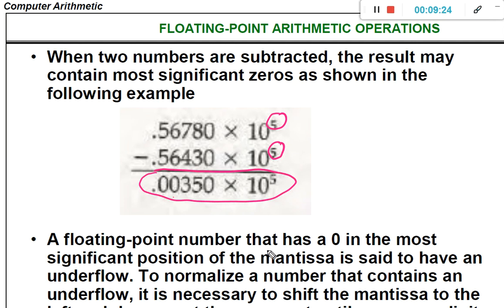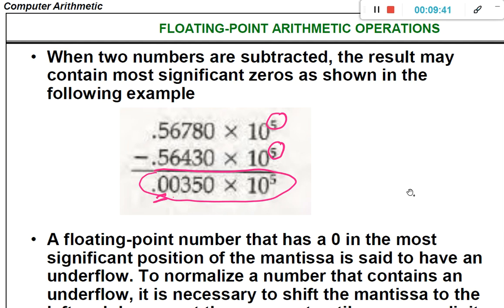A floating point number that has a 0 in the most significant bit position of the mantissa is said to have an underflow. Whenever the number is of underflow type, you should normalize the number.